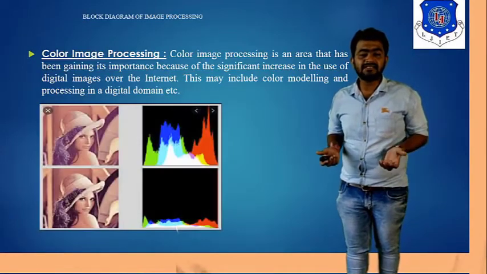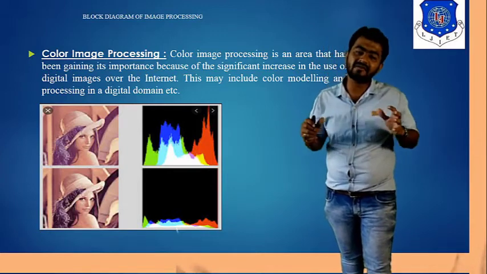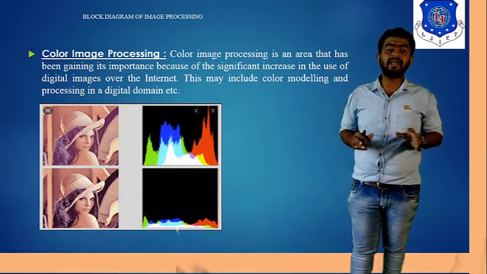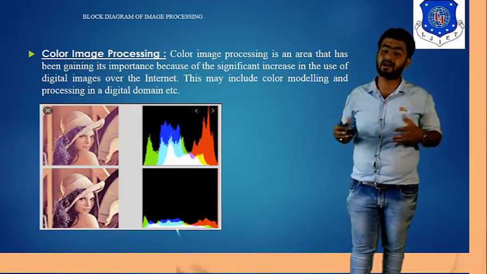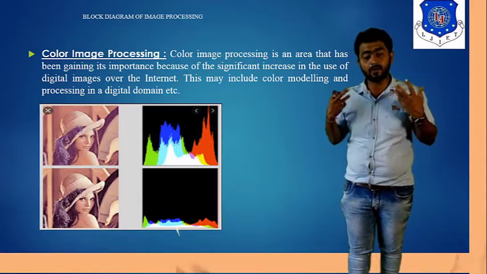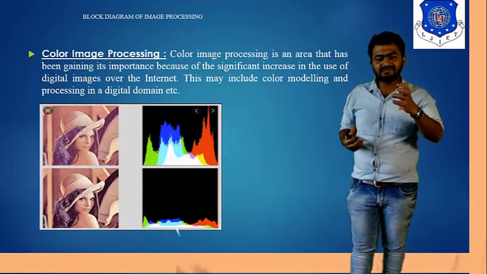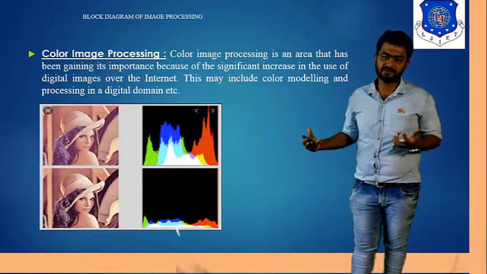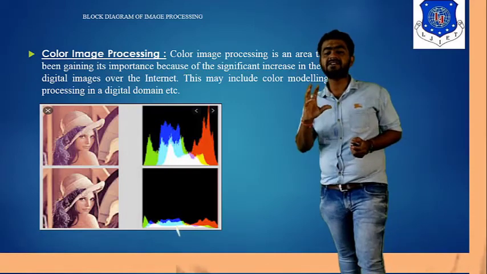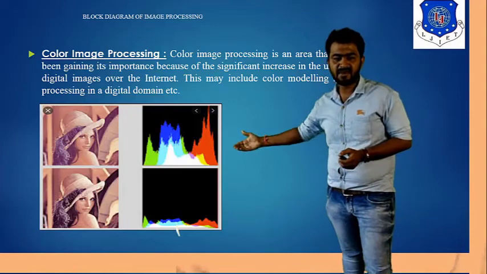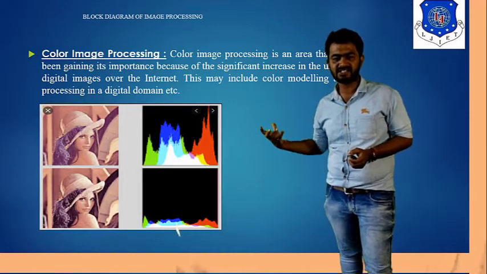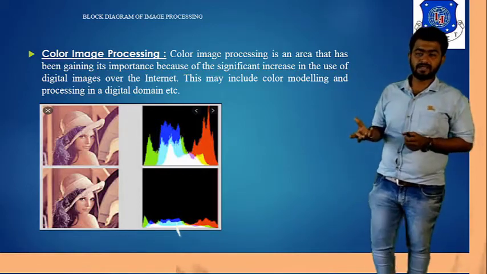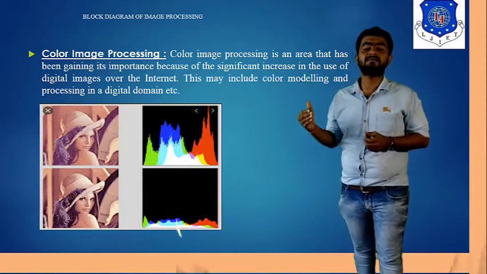Now we discuss the main concept in color image processing, because we all are familiar with the different types of color. We are living in that particular light where you can see each and every different color shade around your eyes, in front of you, surrounding you. So to identify the color content available inside the image, we have to use a histogram process. A histogram is nothing but a graphical representation of your image. As you can see, we have an image with different histogram values too. You can achieve it in our smartphones right now; the histogram came in Pro mode. Fine. So you can see the histogram in your smartphone too.